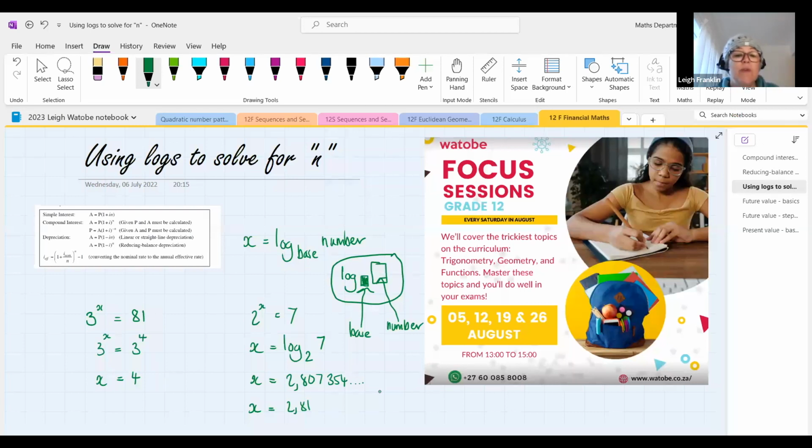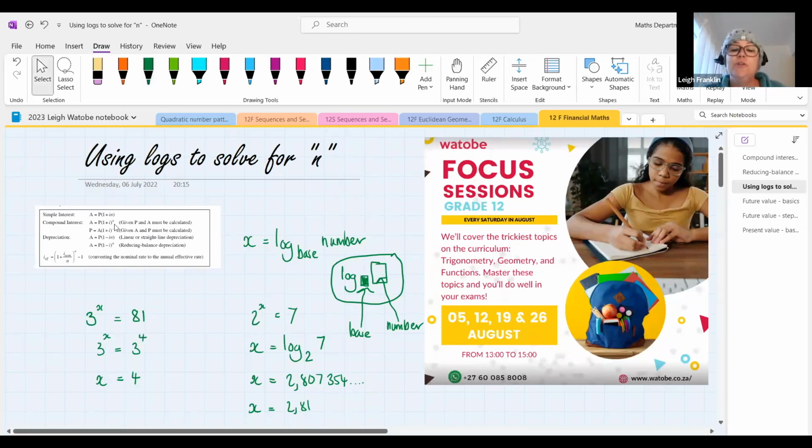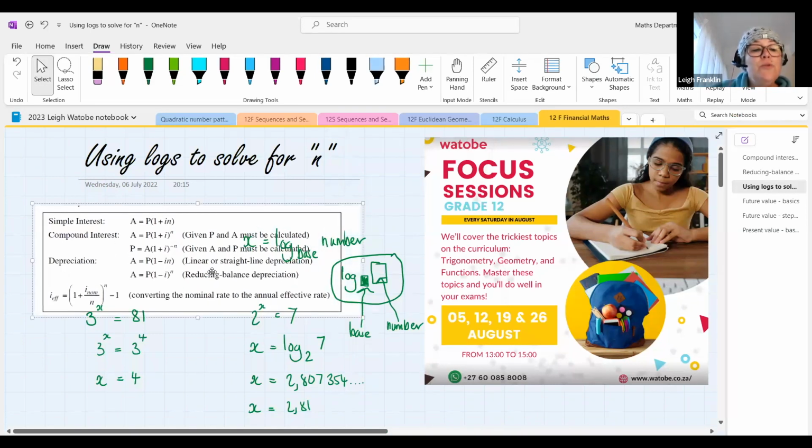Okay, so that part is relatively simple. What makes it more difficult, obviously, is when we have to read through piles and piles of information and decide exactly what it is that they are asking us. But this is what this lesson is all about. So any financial maths formula that has n as an exponent, you can use logs to solve for n. So we can use it with future value and present value,